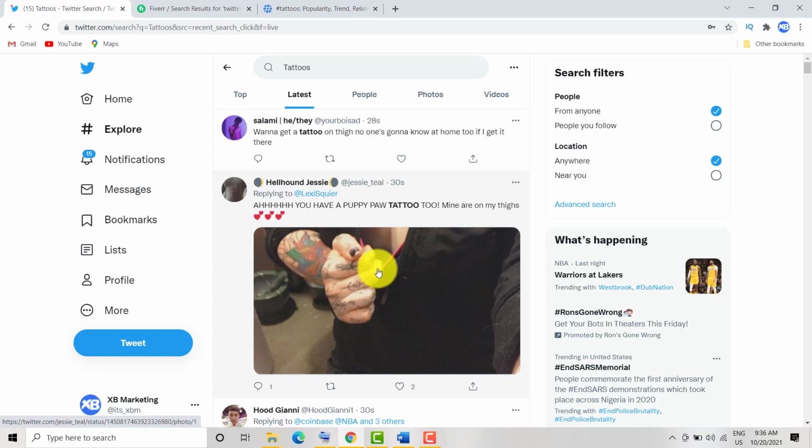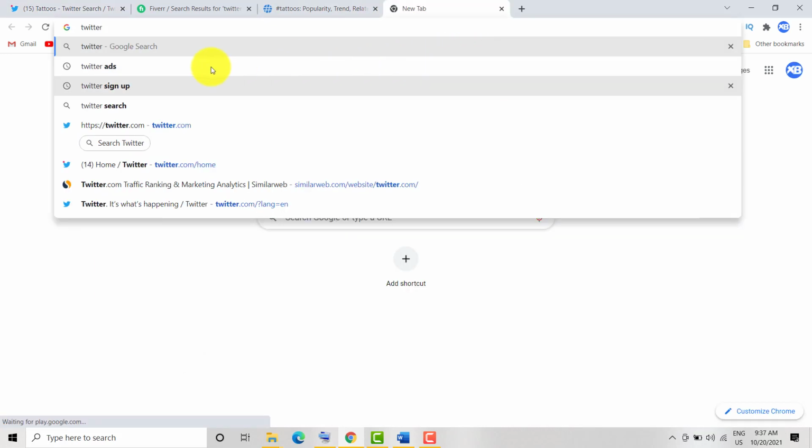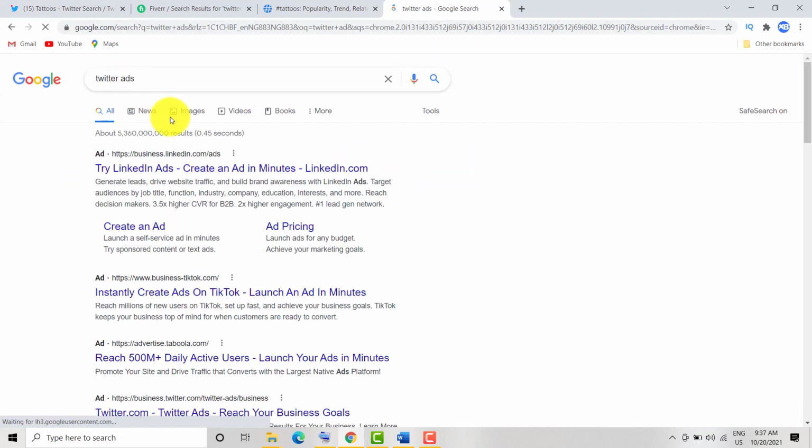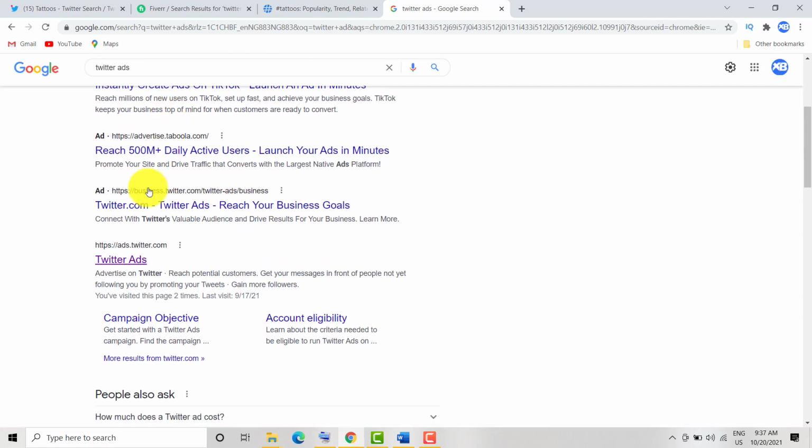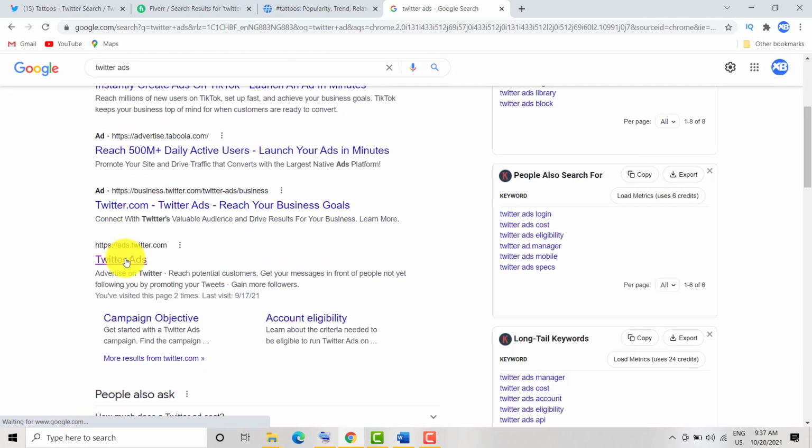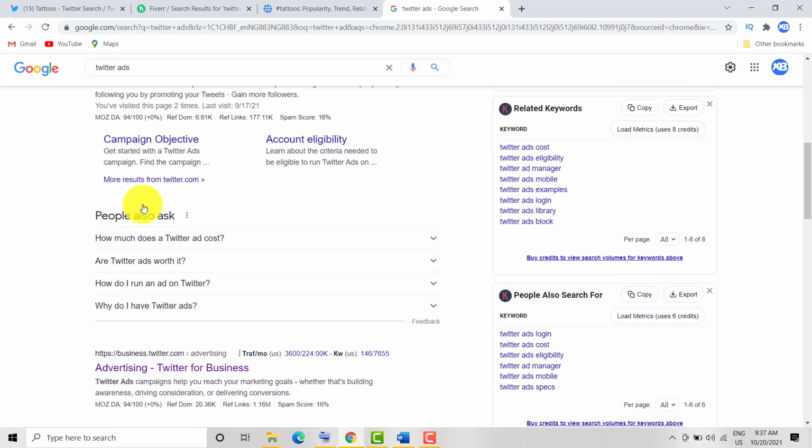Okay, now lastly, I'm going to show you how to drive paid traffic on Twitter. So I'm going to show you how to set it up. You want to go to Google and type in Twitter ads. Once you type that, you want to click on this first one that says ads.twitter.com. Once you click on that,